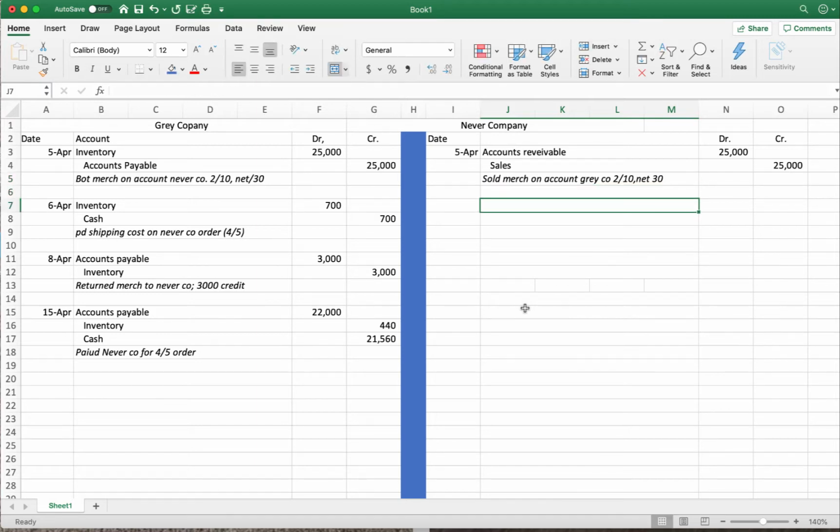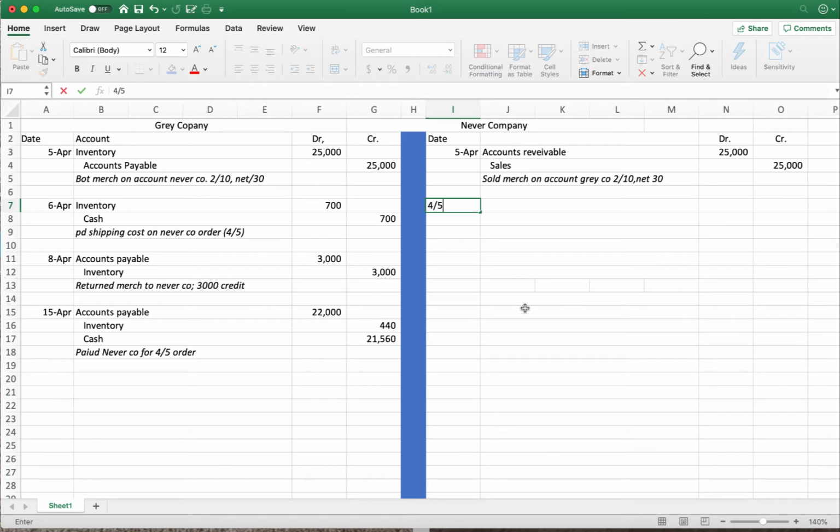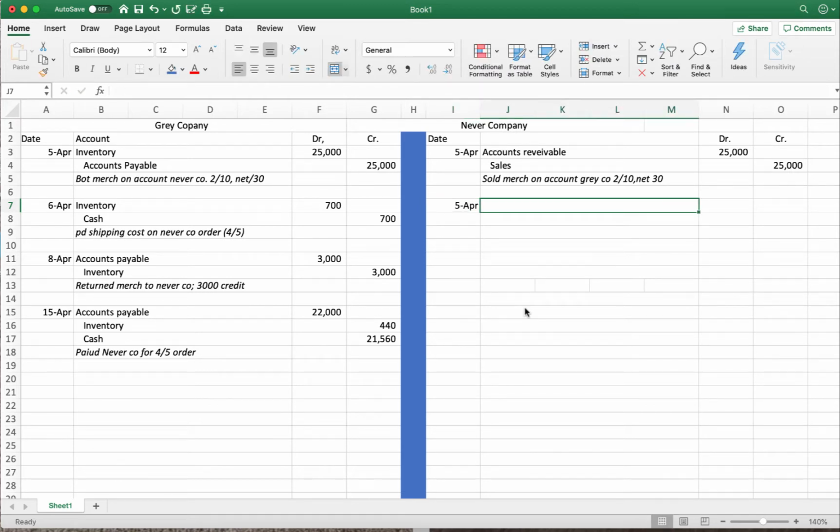The second thing I need to do on 4.5, whenever a merchandiser has a sale, because we're doing perpetual inventory system, I got to recognize the sale and the cost, right? So what am I going to do? Well, I'm going to debit